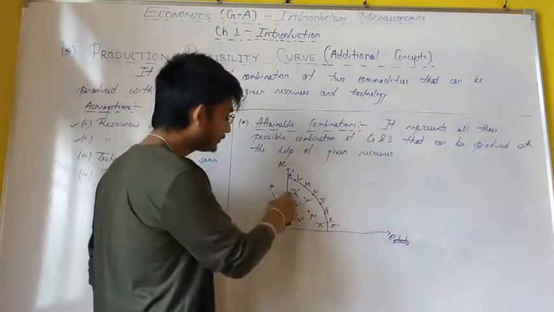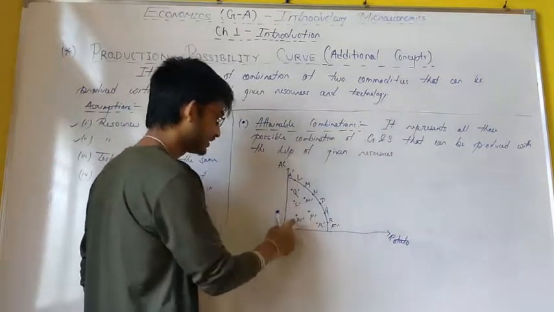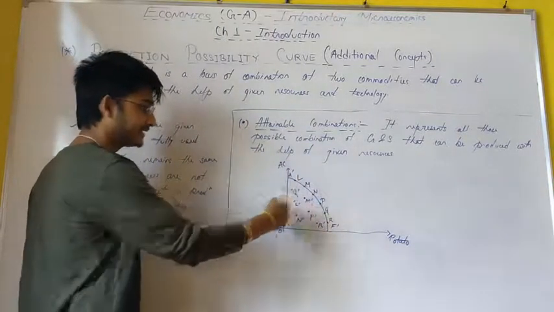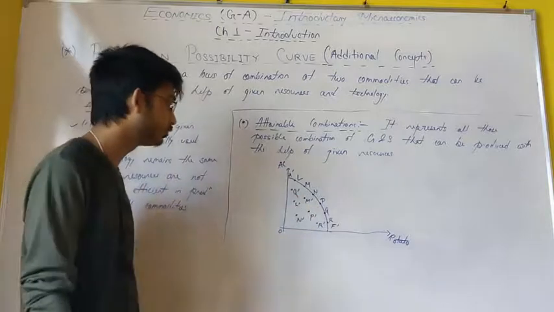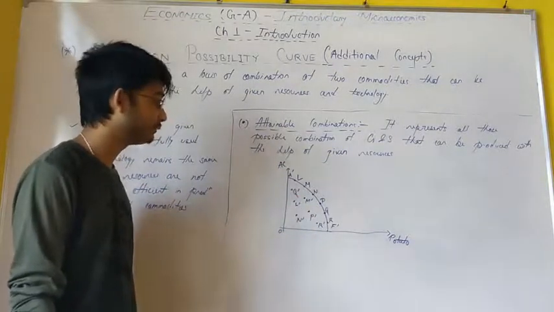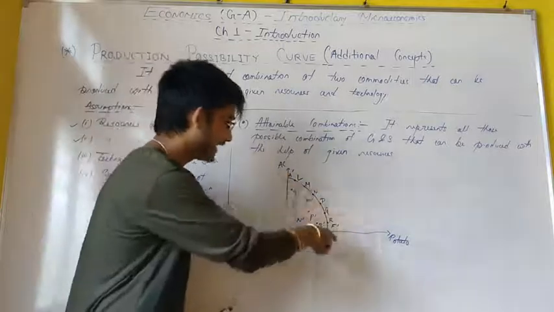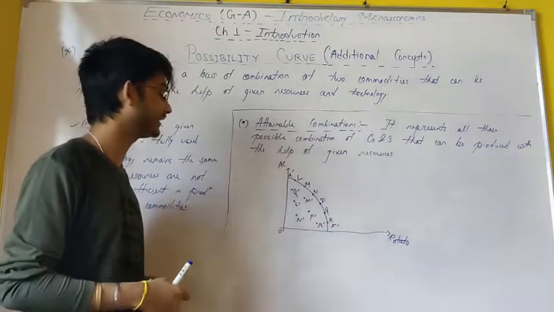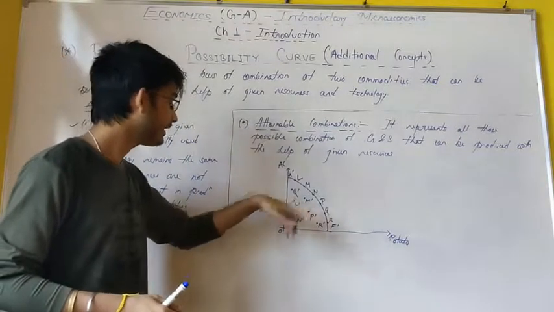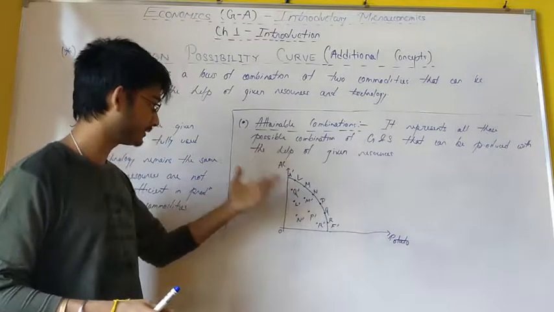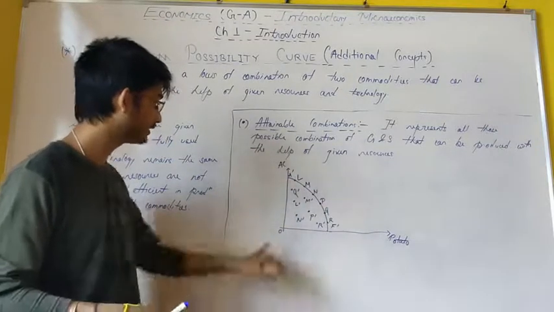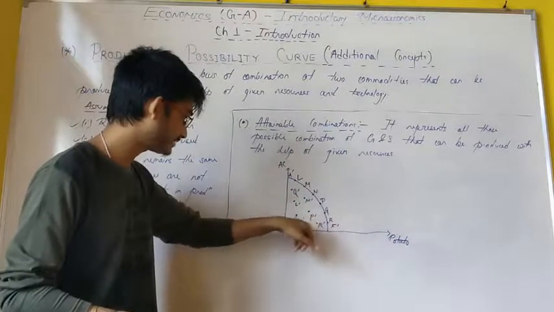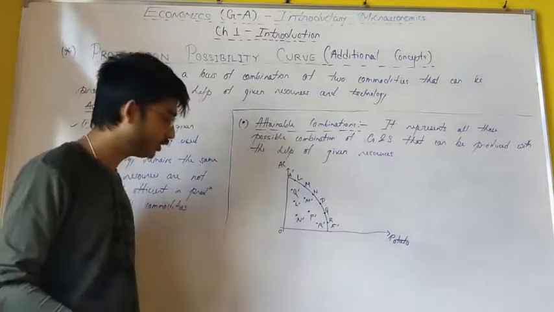Well, we can also produce at point Q dash, M dash, L dash, or P dash, N dash, R dash, or the dashed points which are lying inside the PPC. We can produce at those points also, because our maximum boundary is this A dash, F dash line. We cannot go beyond that because resources are fully getting utilized. So if resources are fully getting utilized, there is no point that we can go a little bit further. So all these points Q dash, M dash, L dash, P dash, N dash, and R dash are also my